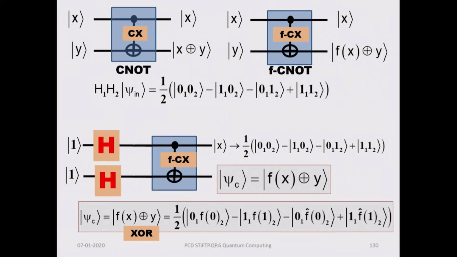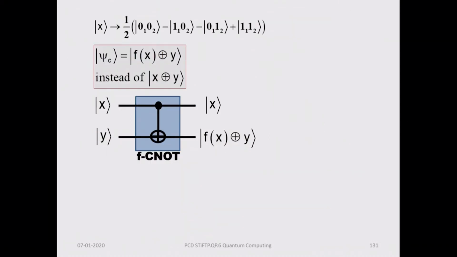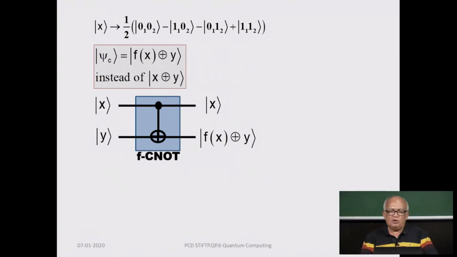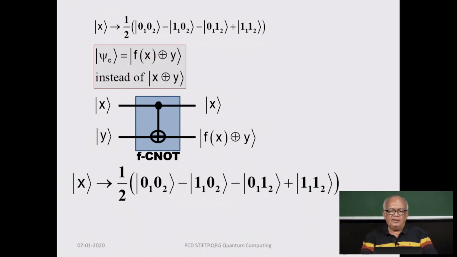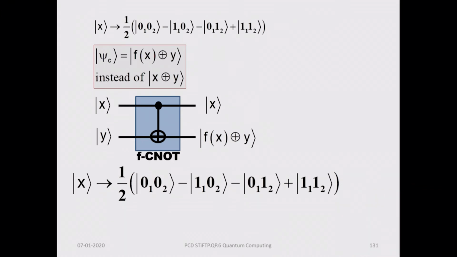So, obviously you have to use the truth tables for this, which you can do one step at a time if you like. And let me show you how it is done step by step. So, you will get f(x) XORed with y, this is x, 00 minus 10 minus 01 plus 11,